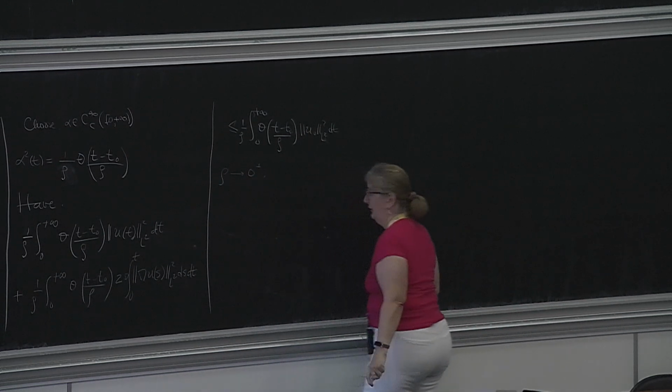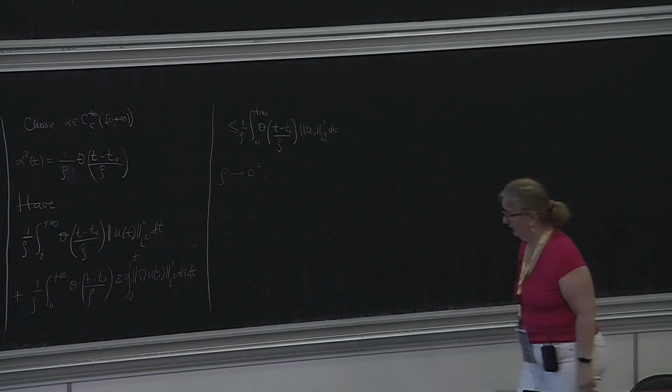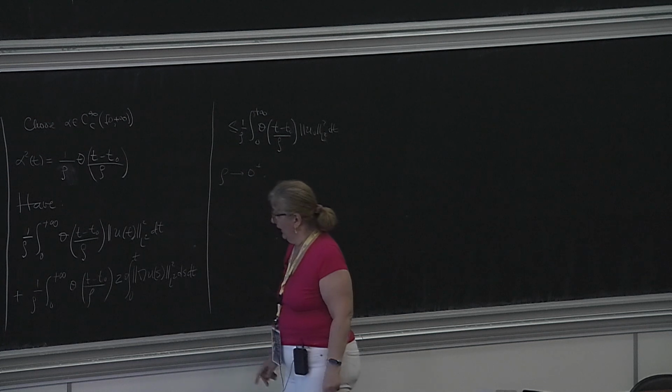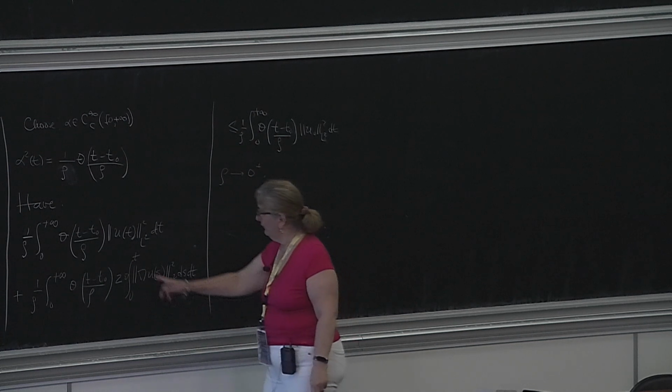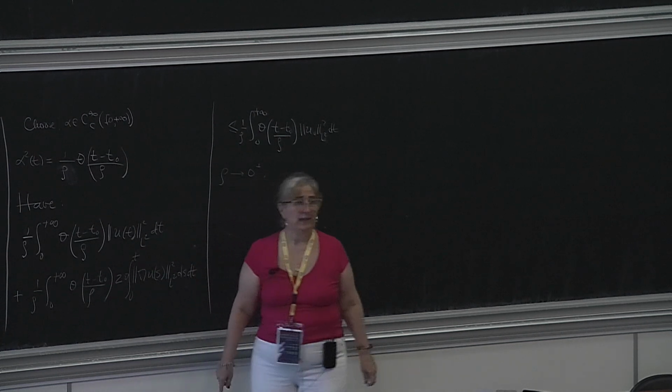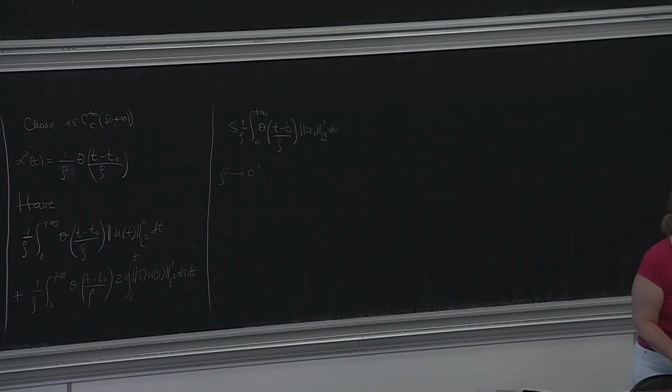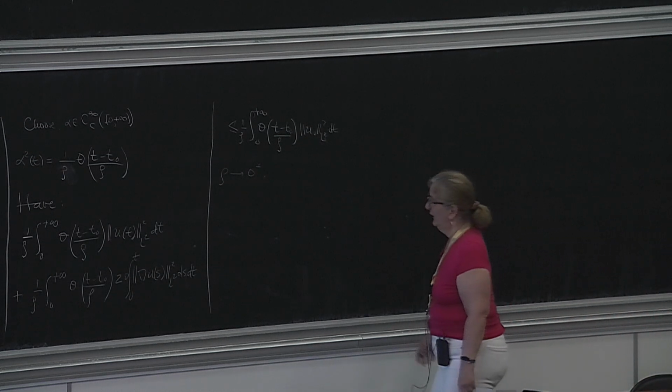Well, okay, let's do it with rho going to 0 from above. And what you get is that whenever t naught is a Lebesgue point of the L2 norm of u at time t, you get